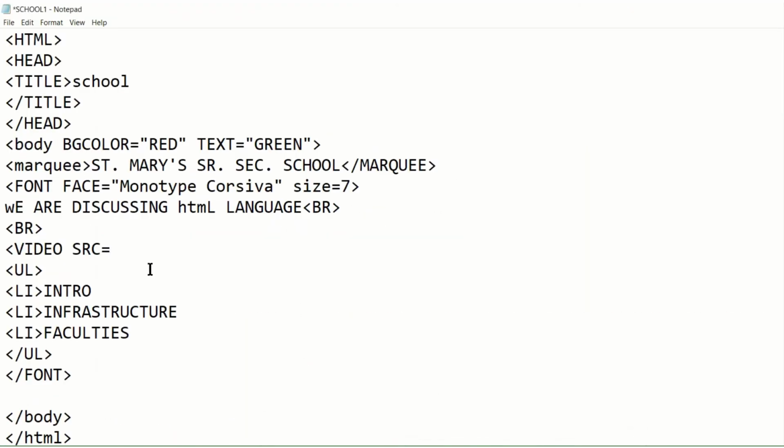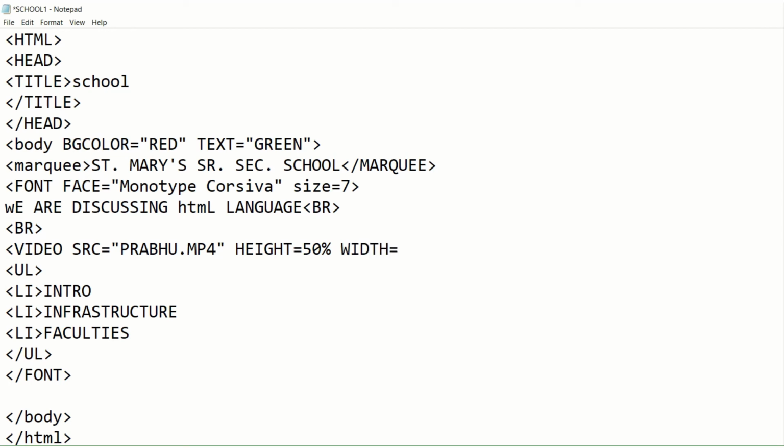Now go to the particular notepad file. We'll give the same file name and the extension .mp4, inverted commas closed. Then after one space, we'll give autoplay, controls, and the height and width of the particular video. Otherwise, if it is a big high resolution video, it will take so much space. So we can reduce its size by giving height and width as attributes.